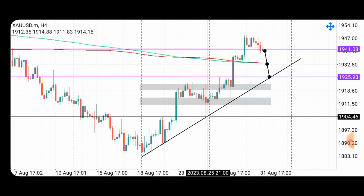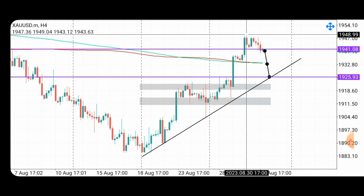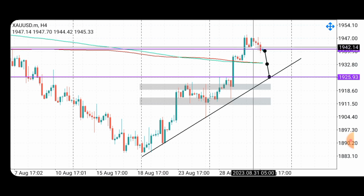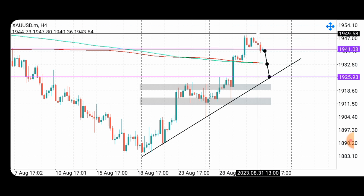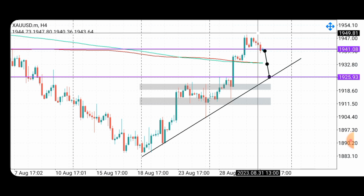If you can see, we have an uptrend and then price impulse to the upside. Currently we have a consolidative state. At least price broke out of the demand, and currently it's a resistance. So sellers are already in the market. They are looking to take sells. So just take your sells here and put your stop loss above the supply zone, or the highs,